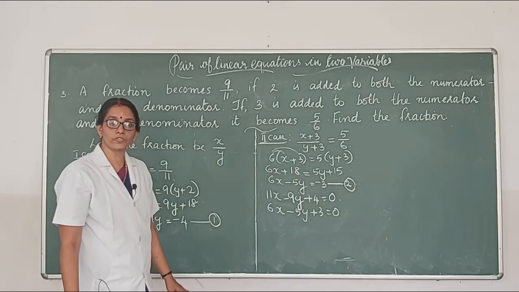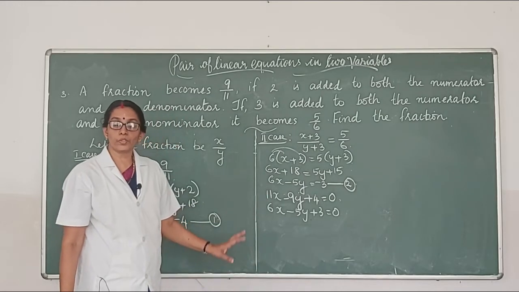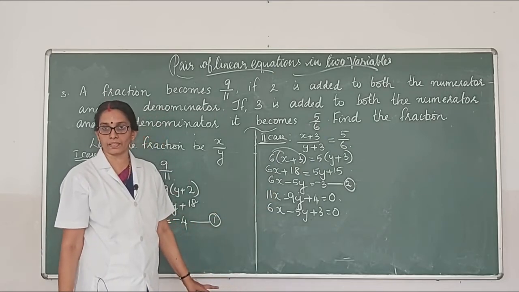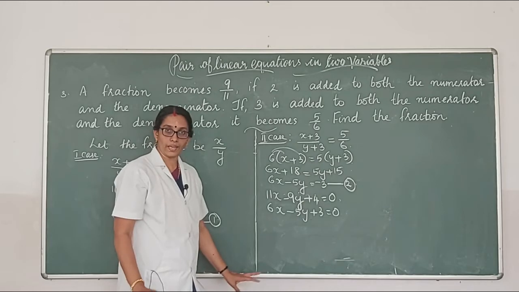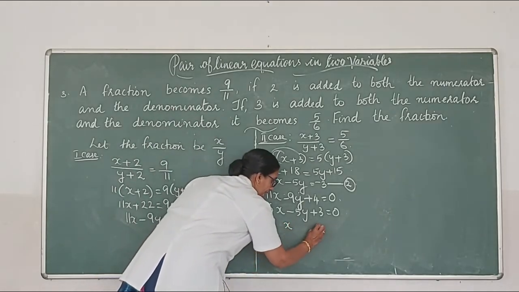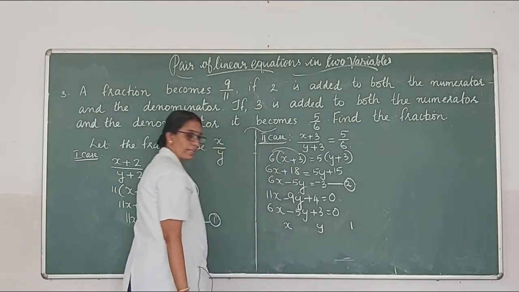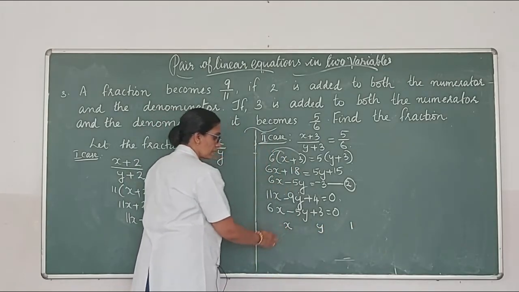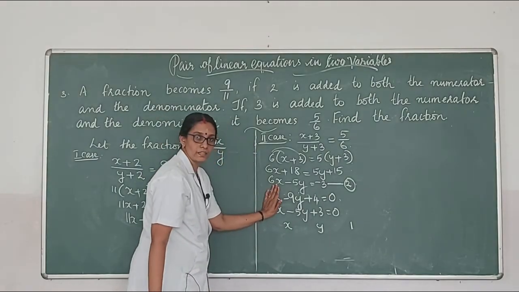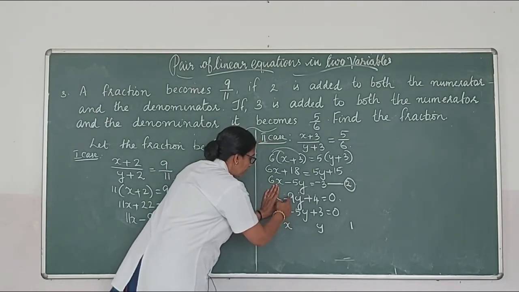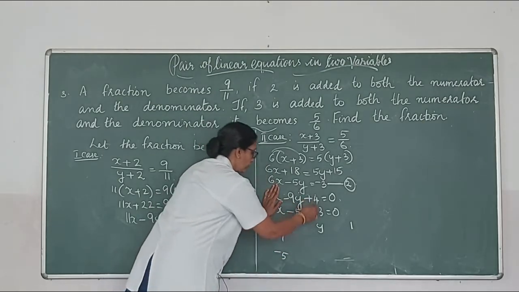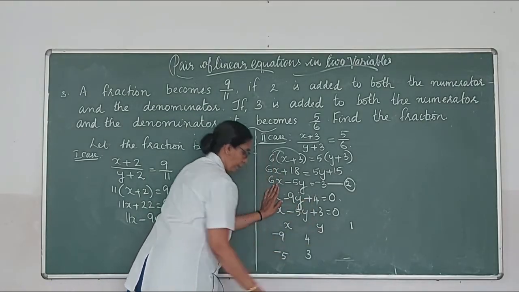So, what do we have to do first? Now, we have to do the arrangement of coefficients for the cross multiplication method, isn't it? You know the arrangement. First we are writing x and y and 1. For x, we have to avoid the x coefficients and take the remaining: minus 9, minus 5 and 4, 3.